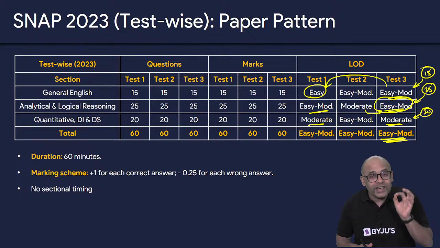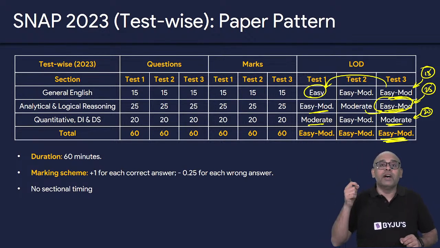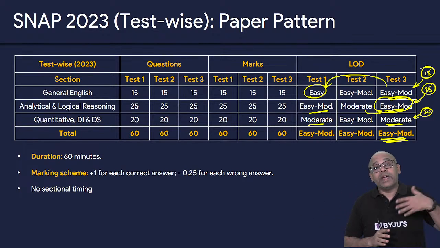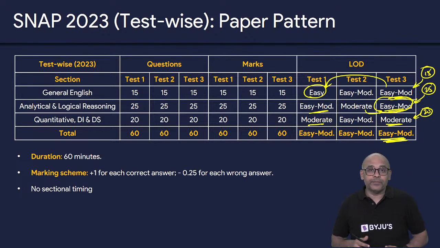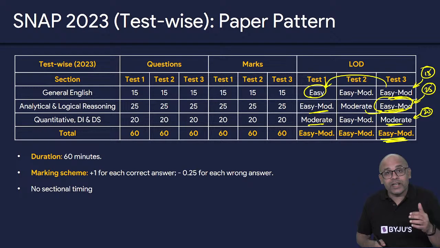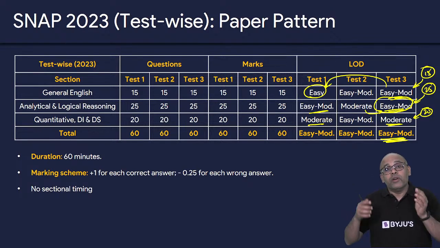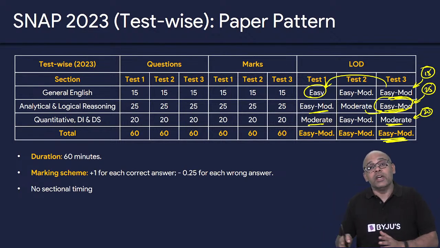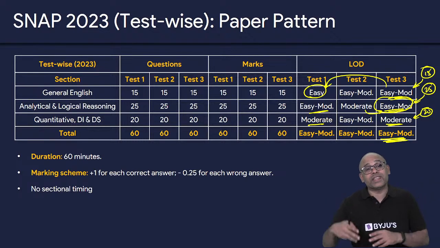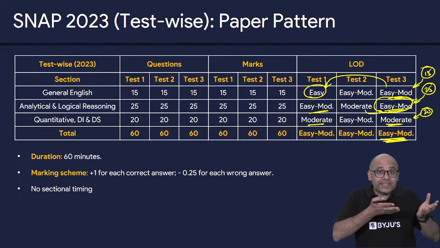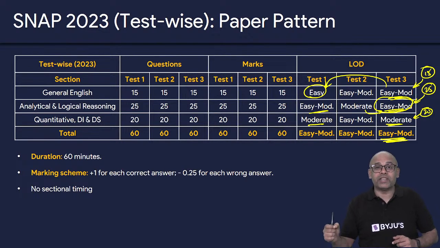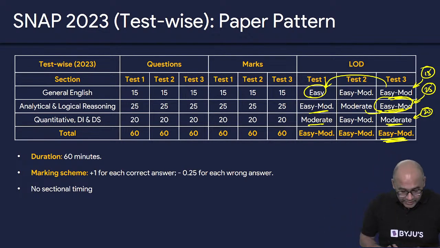However, the only reason why I will say this paper can have a little bit of an advantage is because this is the third test. By now, students would have written one or two already. So when you're looking at the difficulty level, you also have to take into account whether this is the first time the students are writing this year, or the second time or the third time. A student who's writing the third time or the second time is better prepared. So if the same type of paper comes again, he will score better. In that respect, the requirement of the score in this particular test will go slightly higher. Anyway, let's not worry about that.